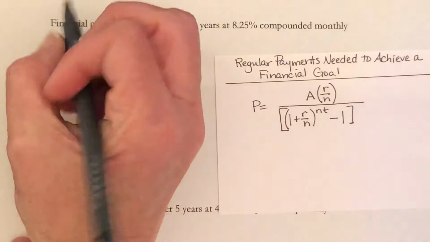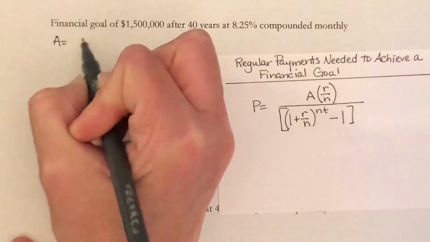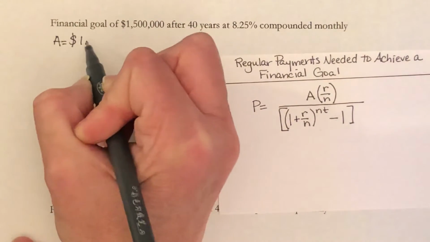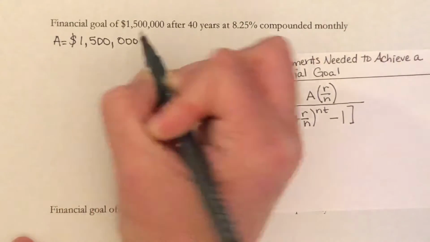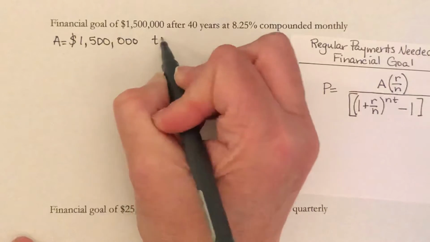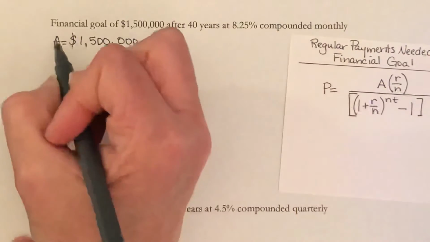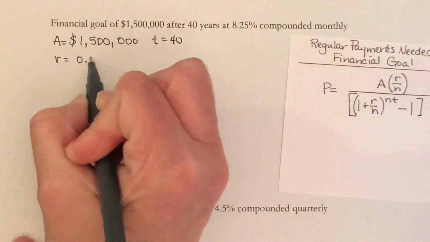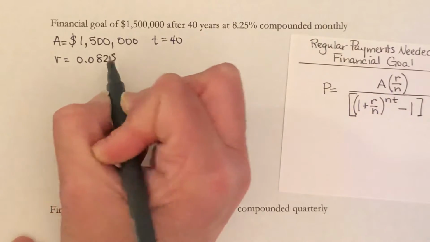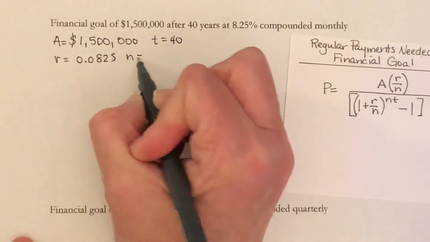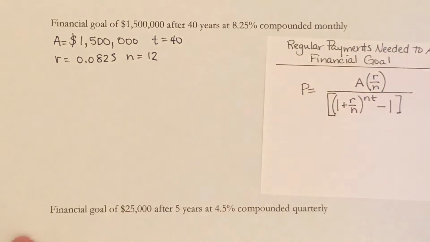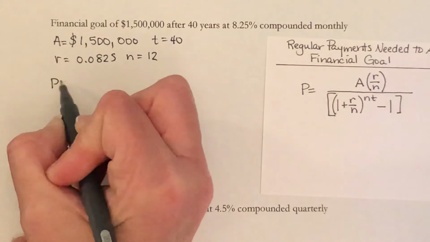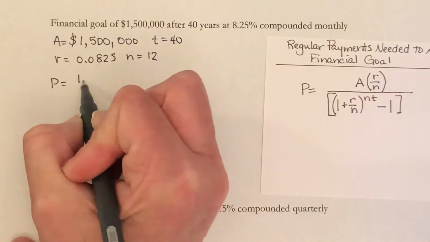So our A value is 1.5 million. Our time is 40 years. Our rate is 0.0825, and our N value is going to be 12. Now we just need to plug in. So our P value is